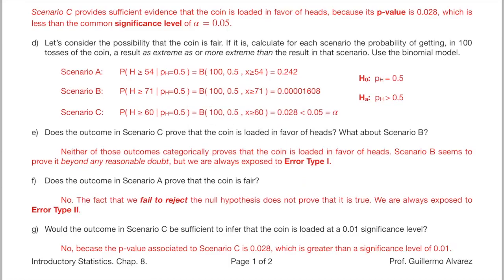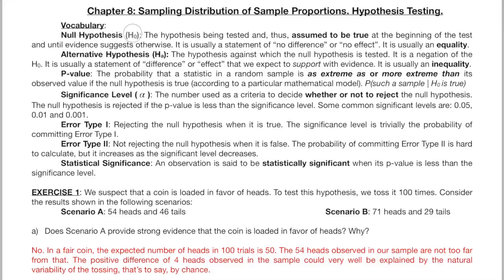The same applies to the hypotheses themselves. Ideally, you should select them at the beginning of the study before picking your sample or collecting the rest of the information. The use of one significance level or another is maybe the most arbitrary and controversial part of hypothesis testing. I will speak about this and other issues at the end of this chapter. If you have understood these concepts, you are ready to test hypotheses in relation to the parameter proportion in a population. In this context of a proportion in a population, the normal model is more commonly used than the binomial model. We'll see all this in the second part of this class.